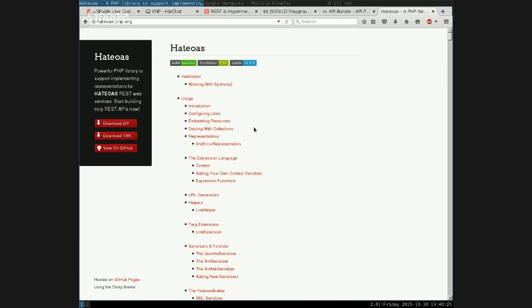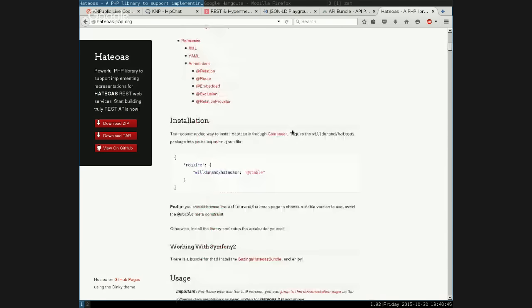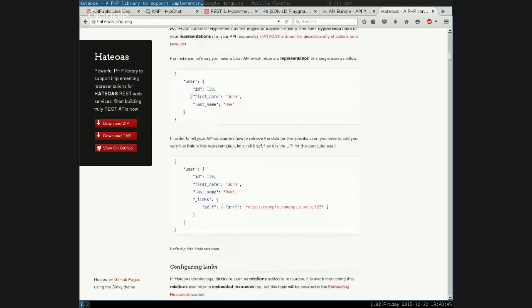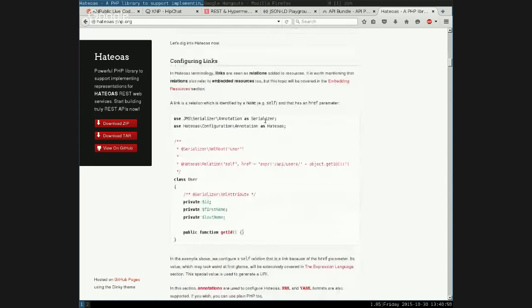So this HATEOAS thing allows you, again, with annotations or YAML or XML, to describe on a resource, something which is serializable by JMS, a link, and it's very well made. If you look at it, you can say that you have a user, for example. You can say, okay, this user has a link. So when I serialize this user, he will be represented alongside